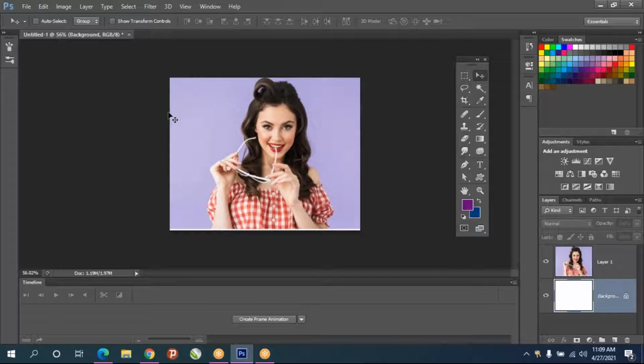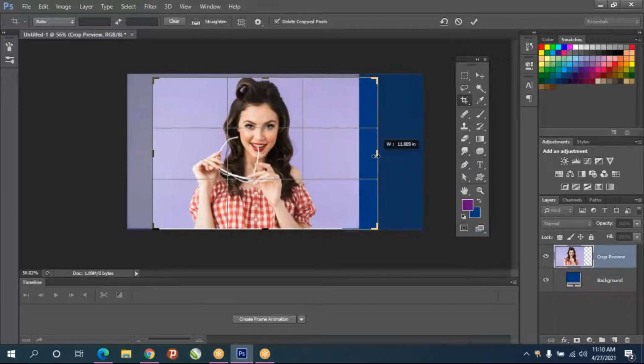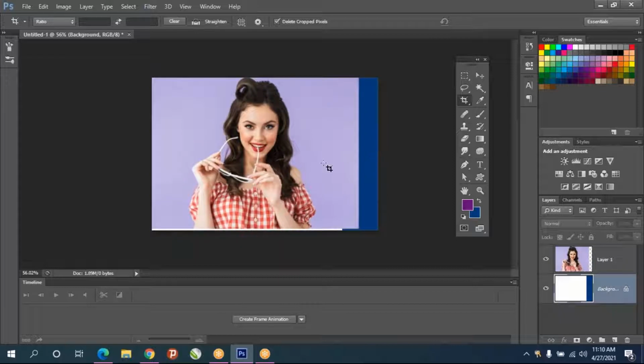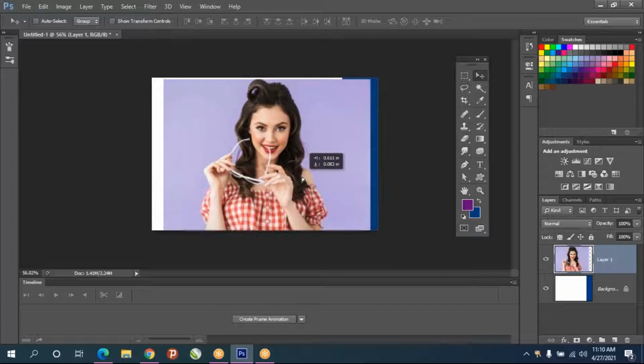Suppose if you want to increase the size of this after taking the document also, by taking the crop tool, you can increase the size like this. Then give enter. Then again take the move tool once it is over.